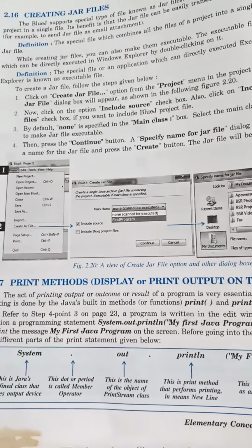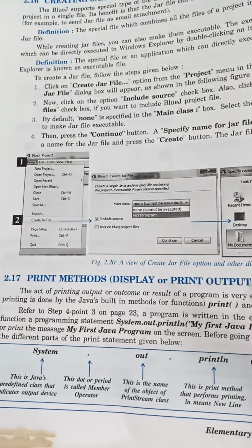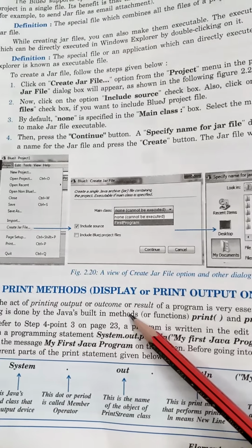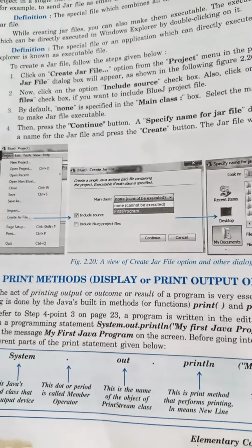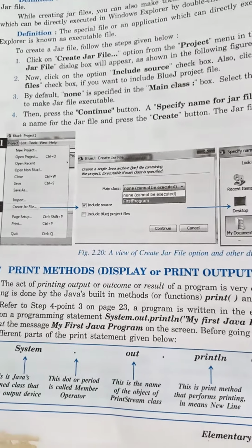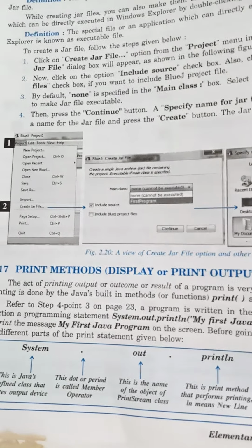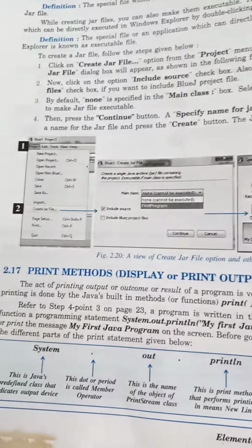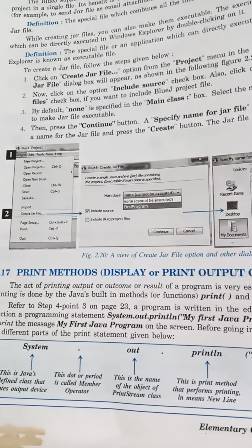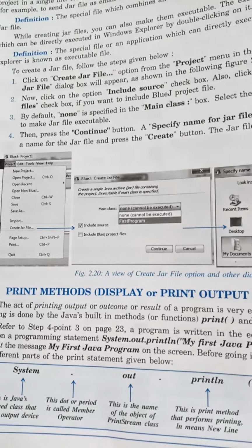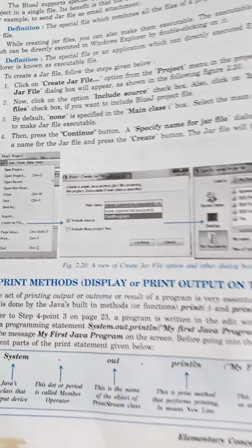What is the difference between the two? This is a built-in method, or you can say a predefined method, already defined in the class. The compiler knows its meaning; if you have written print, the compiler knows what to do. Everything is clear, already defined. You simply have to pass the argument, whatever you want to print on the screen.